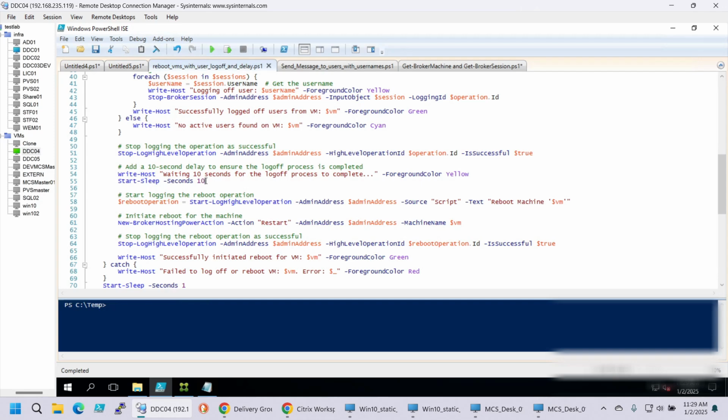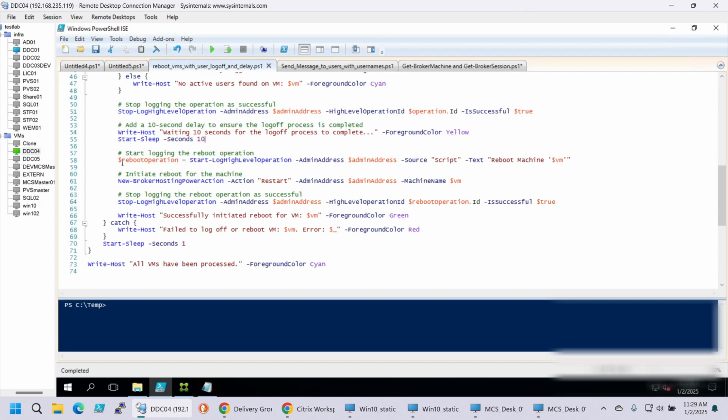I mean, during the reboot, they shouldn't be online because reboots only happen during the night. But nevertheless, I've added this as an extra caution step. Then again, I'm writing in the logging database that I'm starting to reboot the VMs,